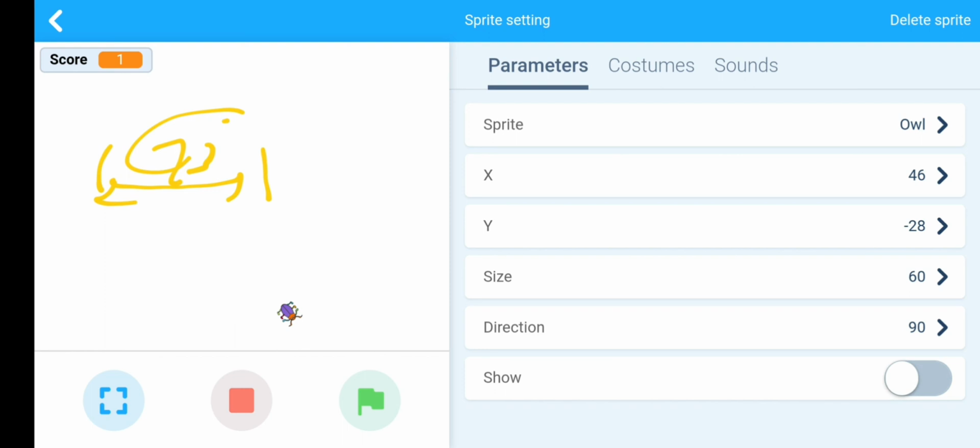Okay, I want that whenever the distance between the owl and beetle is less than 75, the owl starts pointing toward the beetle to eat the beetle. Okay, for this condition,